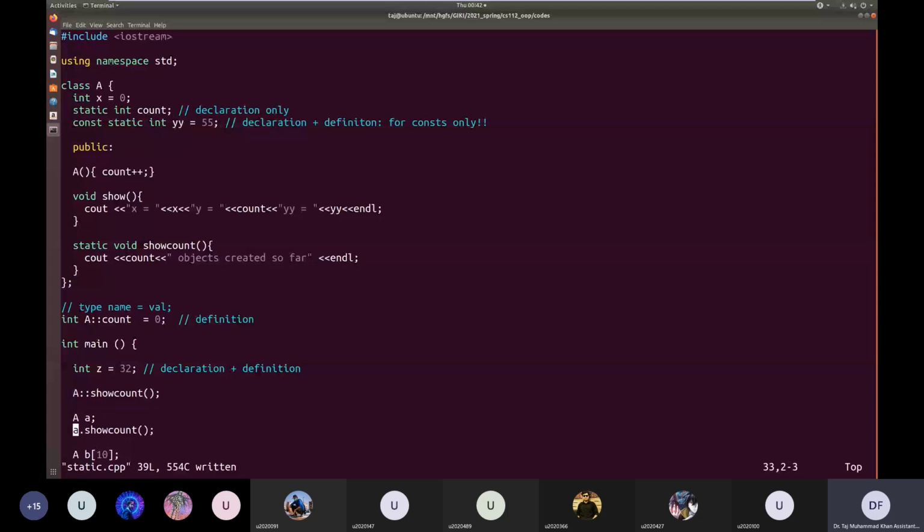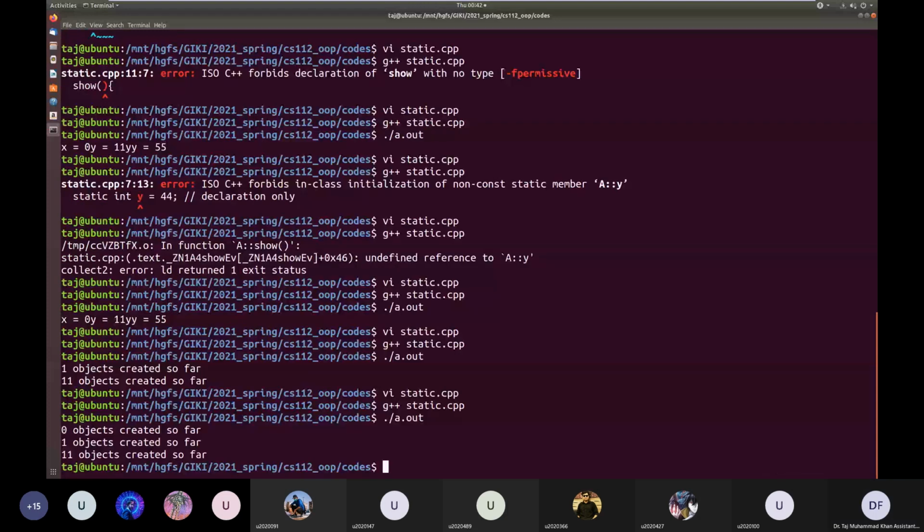Okay, they can be. Okay, good. So static member functions are not associated with any object, but we can access them using an object, or if we don't have an object available, then we can access the static member function by using this syntax: class name, scope resolution operator, and then the static function name.